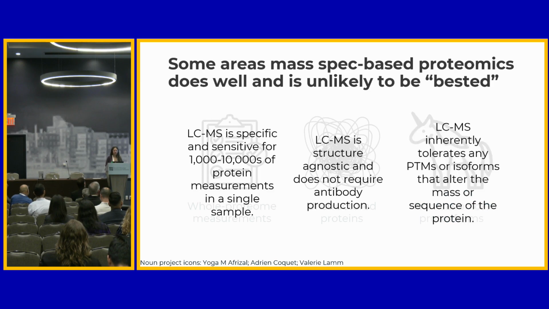than other technologies. And then because a mass spectrometer is just measuring the mass, it's inherently going to be tolerant of a lot of these non-canonical isoforms. Now, if that isoform is somehow the exact same mass or fragments the exact same way, we're going to have difficulties, but much less difficulties than some other technologies. So some places we're going to be replaced. Some places I think we're going to be kind of ingrained as the leading choice for some proteomics